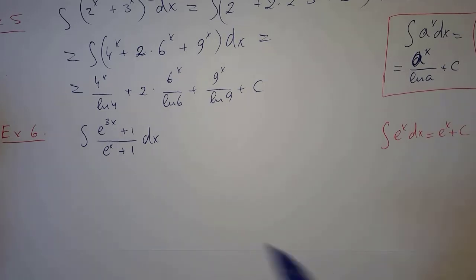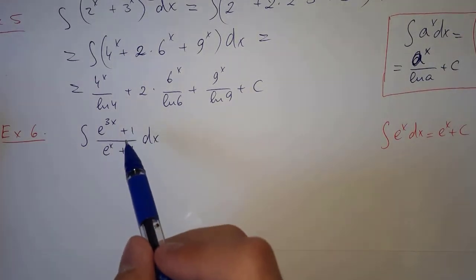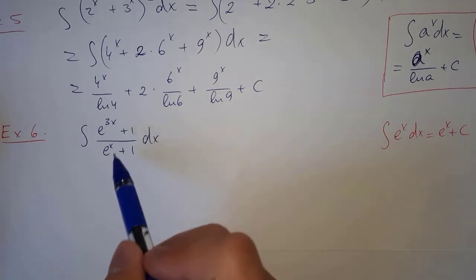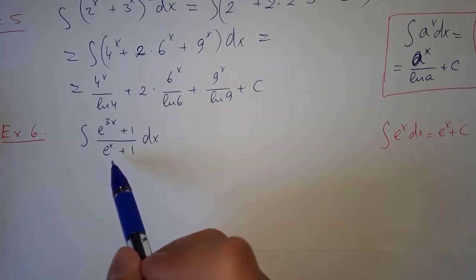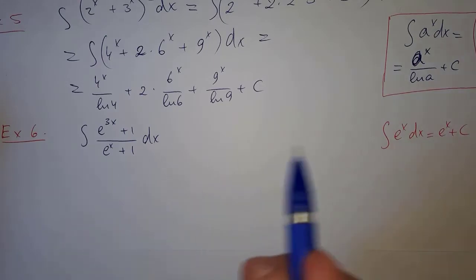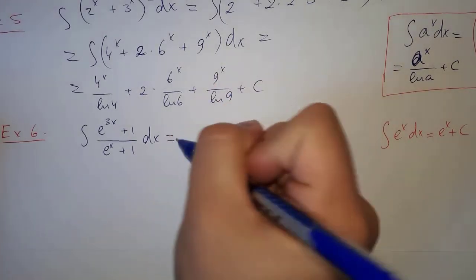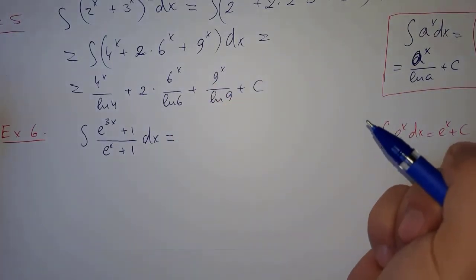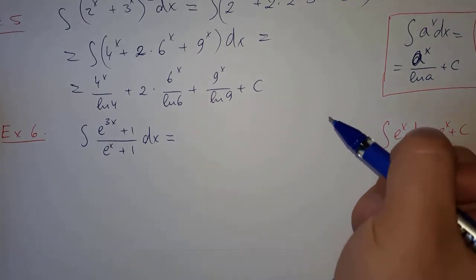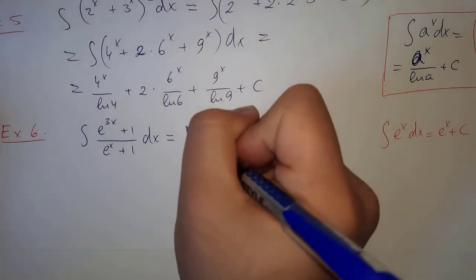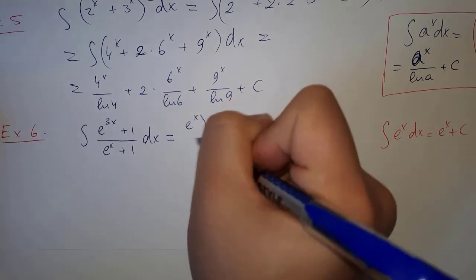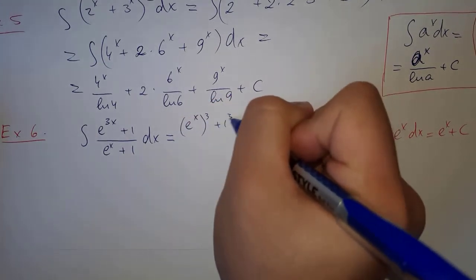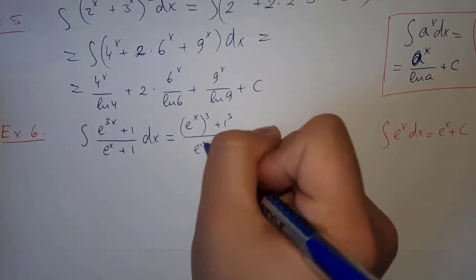But here we have the fraction, so e to the power of 3x plus 1, and in the bottom we have e to the power of x plus 1. So let's recall again the sum of cubes formula, a cubed plus b cubed. So we can write it like e to the power of x cubed plus 1 cubed over e to the power of x plus 1